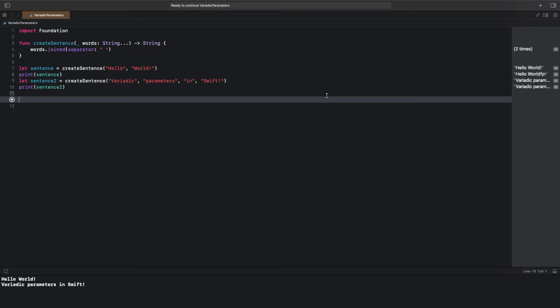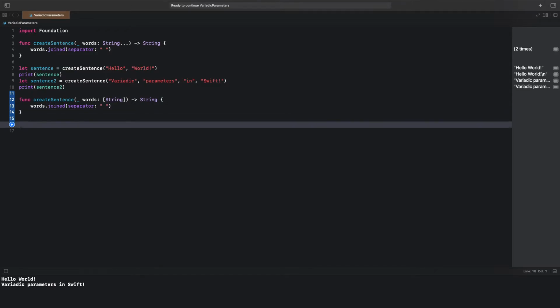Of course, instead of having a variadic parameter, we can define the same function accepting an array of string values this time. Even though both functions look similar, there are two differences that must be highlighted. The first one, which is pretty obvious, is how we pass values to the function. In the first case, with a variadic parameter, we separate them with a comma symbol. In the second case, we provide them as an array of string values.